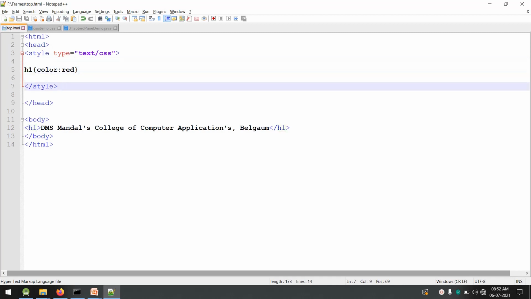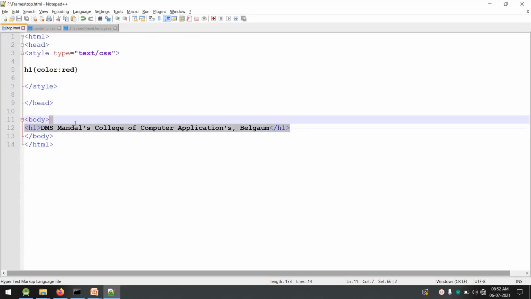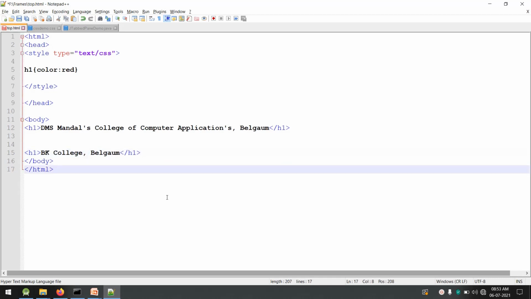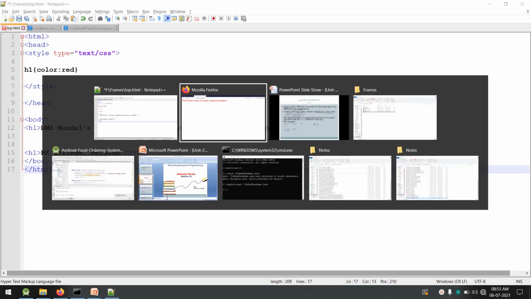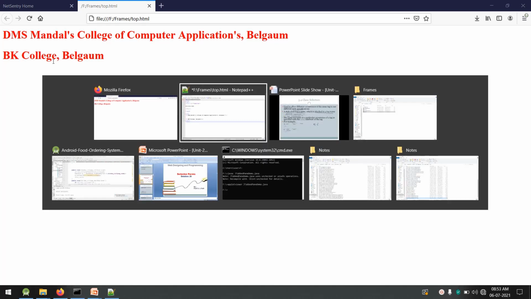We are applying the color red to it, and this is the output of that. If I have one more h1 tag over here, I'll add one more tag, say PK College, and if we execute this, we get the same color for all the h1 tags.